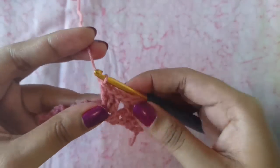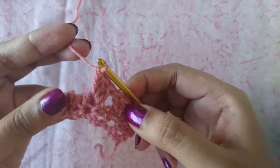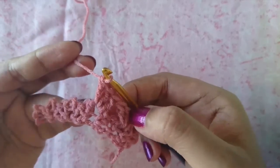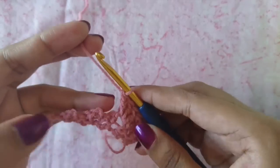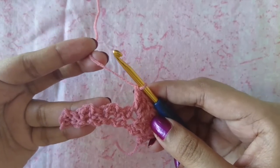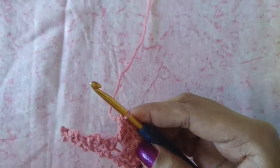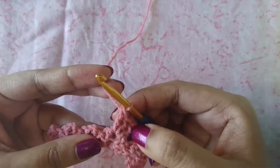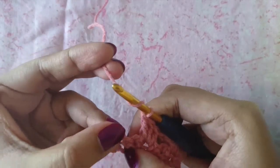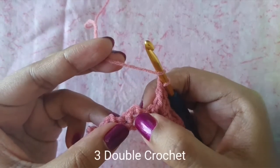So see how it's coming? It'll look like this. Okay, so I worked into that chain 2 space, 3 double crochet stitches. That's it. So till the end you're just going to work 3 double crochet stitches all into those chain 2 spaces we worked in our previous row. Okay, so I'm done with this one here. Now I'm going to straight away go into the next chain 2 space, so this space right here, and work